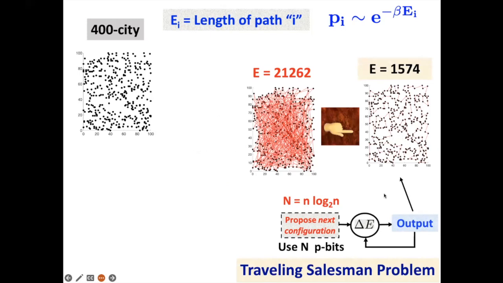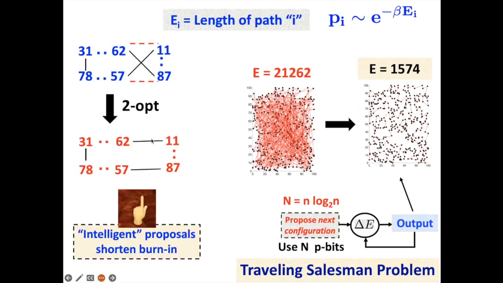Now, one thing in this context is that if you just make random guesses every time, then it will take a long time before you get to the stationary distribution, where you actually get nice routes with low path lengths. It is much better if you have good heuristic ways of proposing. And again, this is the field where a lot of work has been done with heuristic algorithms, which could be incorporated into our procedures. So for example, one of the well-known methods is this two-opt process, which is that